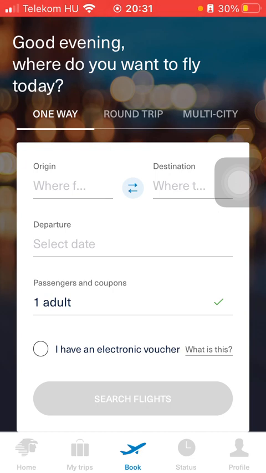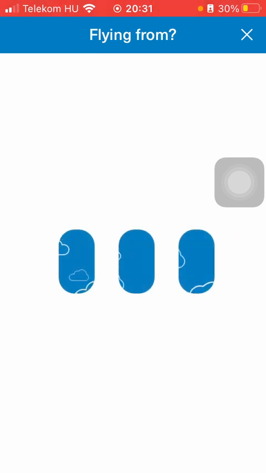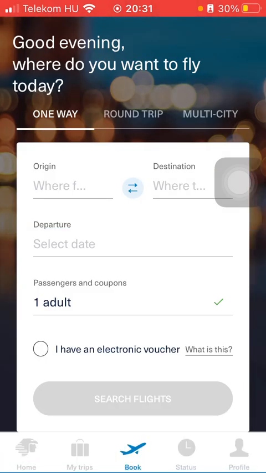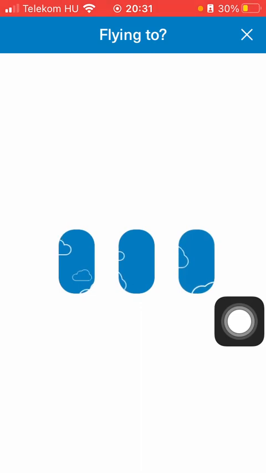After that, click on the origin box where you would like to fly from. It means that you should select your departure point. As you can see, it needs a few seconds till it loads, and then you will be able to type in your departure point. It might take a few seconds, and after that you can also type in your destination into the second bar,